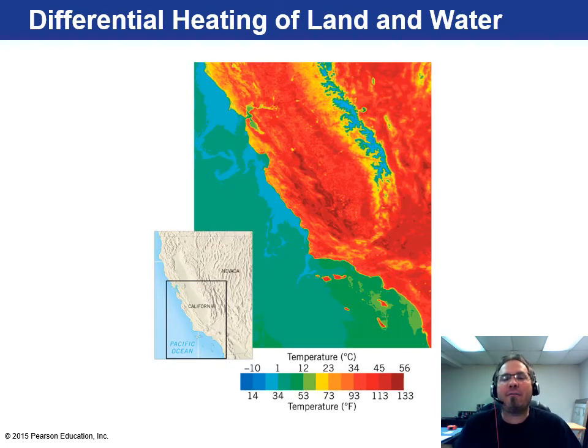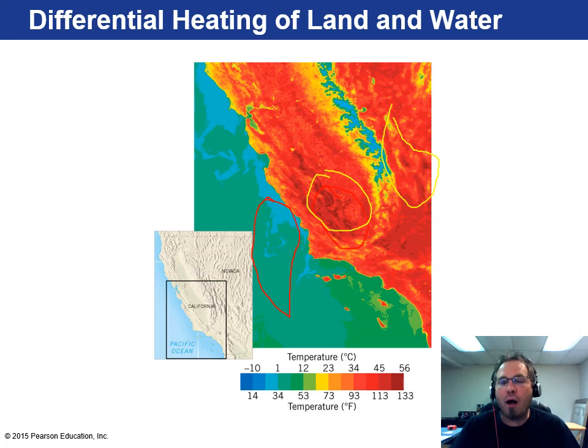So you can see in this graph here the differential between land and water. This is off the coast of California. And you can see that this is all ocean out here, these greens and blues. So down here, the temperature is anywhere between 34 and 50 degrees Fahrenheit. And then you go out here and you've got some seriously high temperatures. I know I should probably use a different color marker here. So out here, that's Death Valley type stuff. Actually, I think Death Valley's over here. But you get the idea. Very, very, very hot temperatures, and that huge differential creates weather patterns.